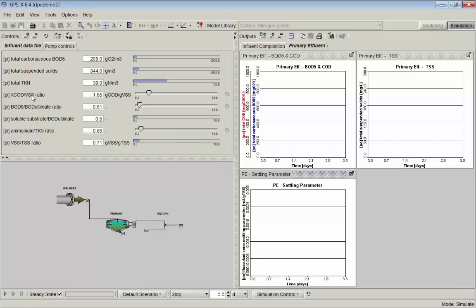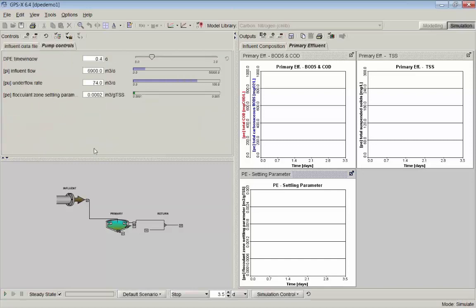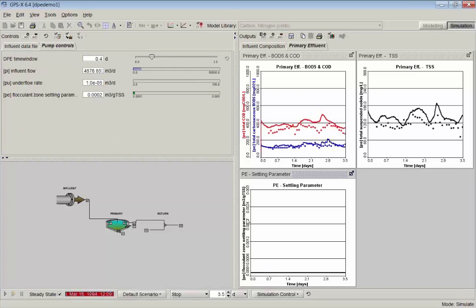The BOD and solids and TKN coming into that tank are changing over time. The flow is changing over time. Here's the influent flow that's going to be changing while we're running that simulation. The underflow rate is also changing. So there's a lot of dynamics happening there, but we want to be able to fit that primary effluent data that we have. So I'm going to run it once without any optimization turning on,